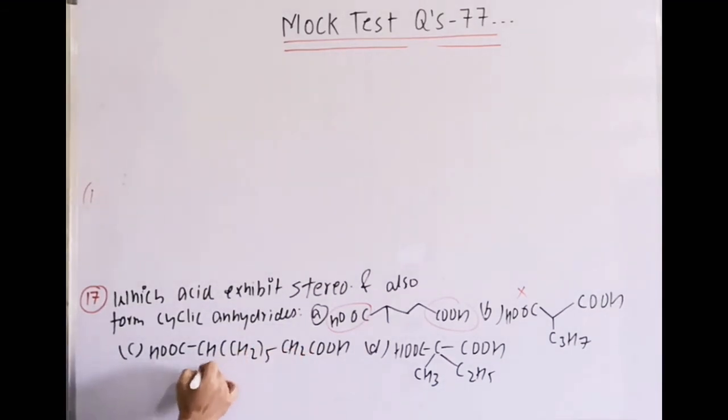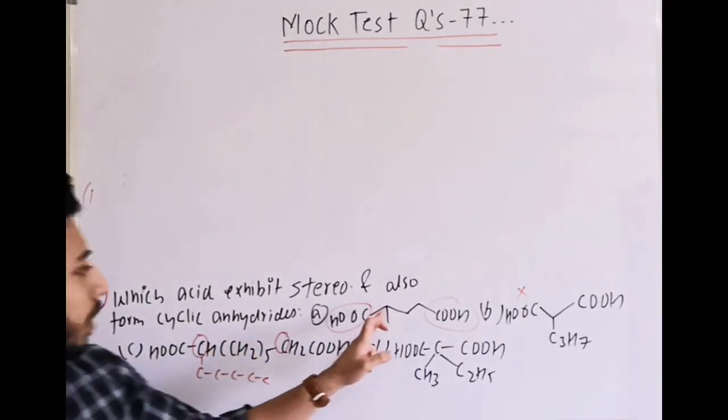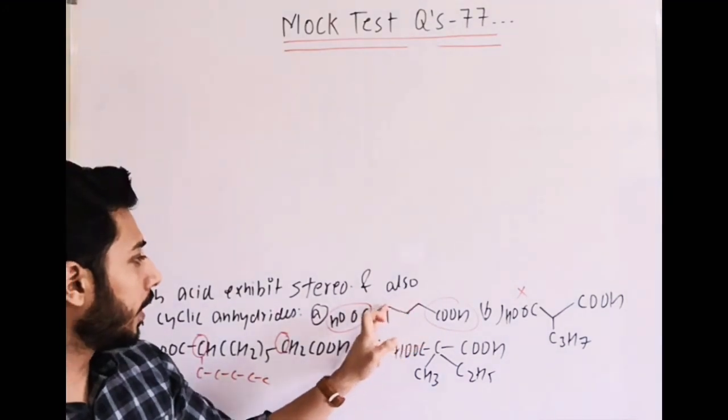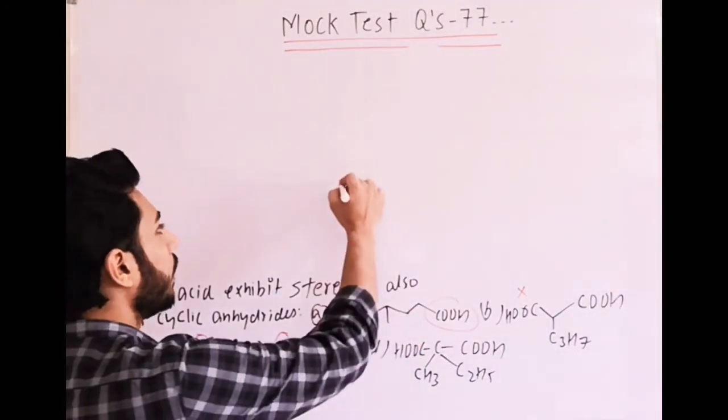There is branching below, CH2 5, that means that is the structure. 1, 2, 3, 4, 5, yes. So it is carboxylic 1 and 2. In between the carboxylic groups, how many carbons? 2. The other is branching. In the same way here 1, 2, 3 and there is branching, but we know that if that